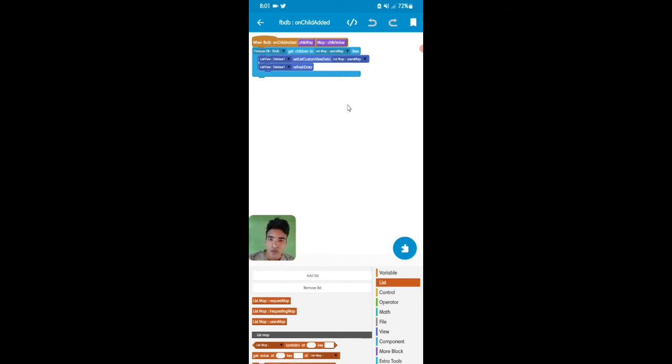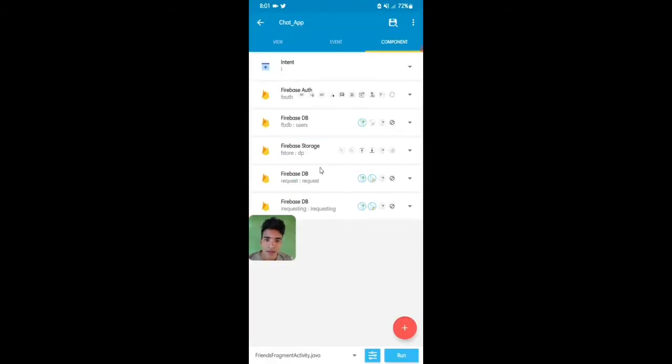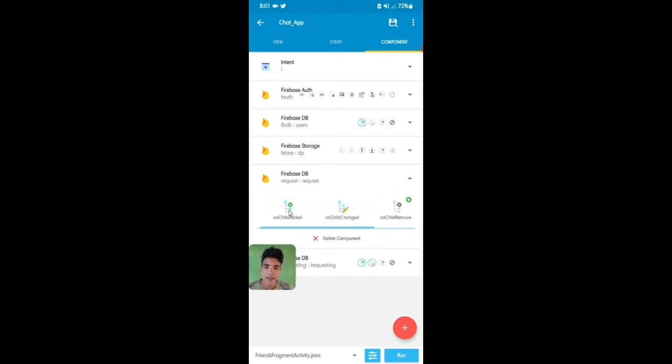Okay, so guys, first I'll add this block: Firebase FBDB get children to list map user map, then list view 1 set list custom view data list map user map, and then list view 1 refresh data. So guys, this is the code for FBDB user, and then I'll add the Firebase DB request on child added.